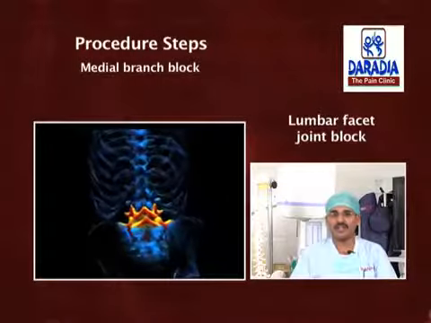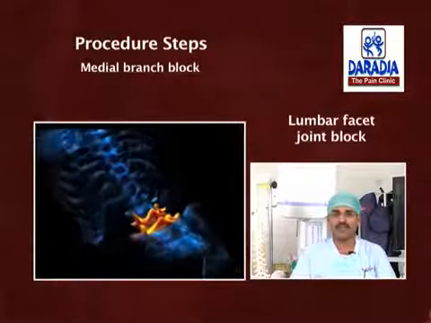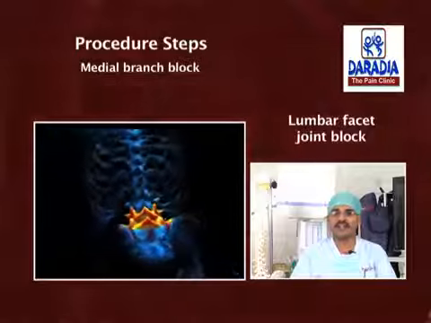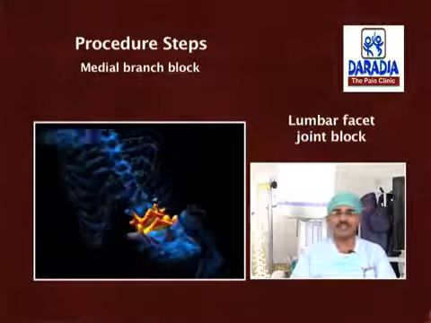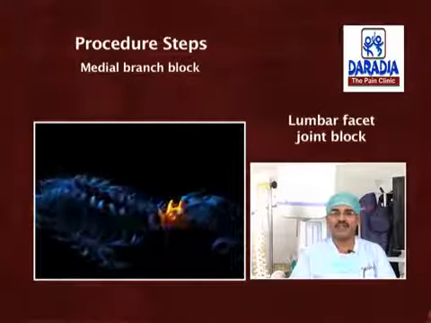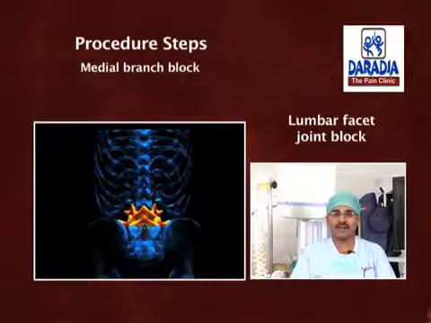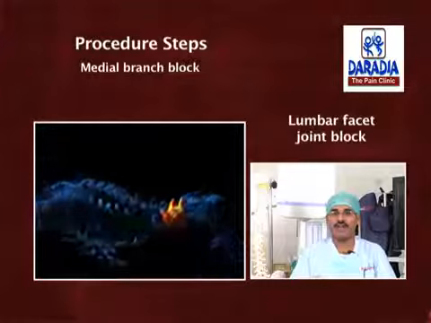If a dual control diagnostic block, with either medial branch block or medial branch and intra-articular block with different local anesthetic agents, results in concordant 80% pain relief, then we proceed for radiofrequency ablation of the medial branch. Coming to the steps in the conventional RF procedure, there is no need for an end-on view of the needle. Actually, we try to place the needle parallel to the medial nerve. For that, the needle is entered one segment below and lateral to the target site.